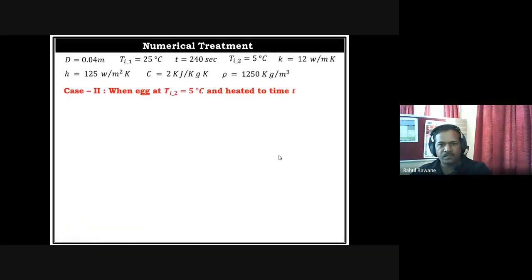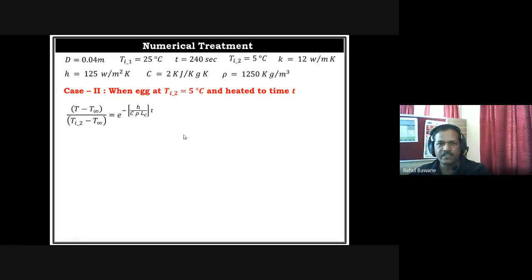Now imagine the second time the same consumer asks for another boiled egg. This time the egg is taken out from a refrigerator and the egg temperature is 5 degrees centigrade. The consumer prefers the same temperature egg, 87.59. So this time we know the capital T temperature. But now how long should this 5 degrees centigrade egg be boiled in the same boiling water pan? So we have to find out this time. So put in the numerical values.